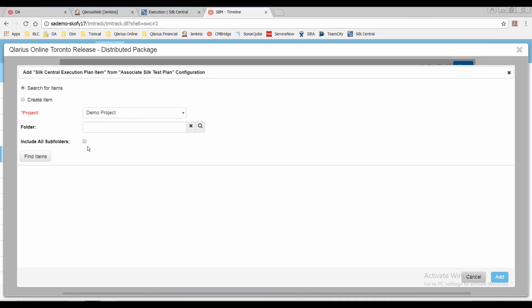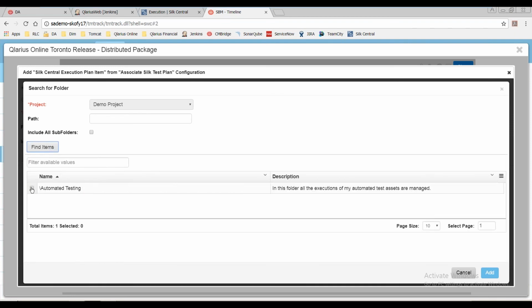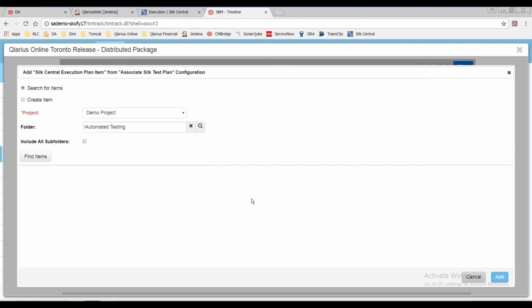What about if I wanted to create a new test plan? I could come in here and actually dynamically create a test plan. Let's do the same thing. Let's put it in my automation folder. And there's my automated testing folder. We can create a new plan. So this is going to be a DevOps Live